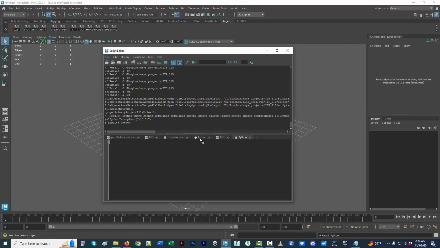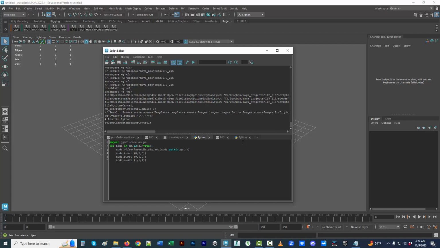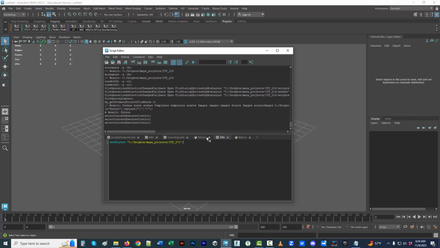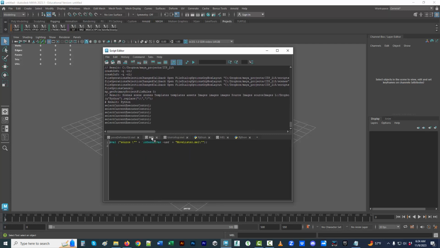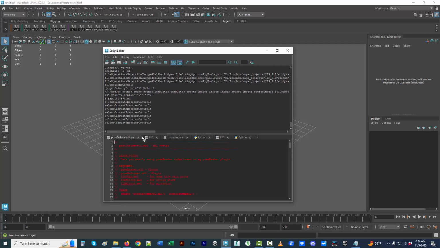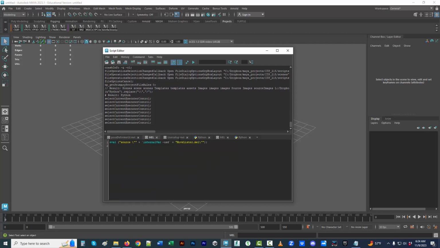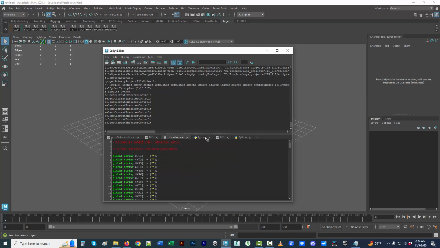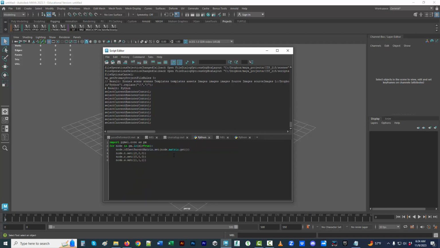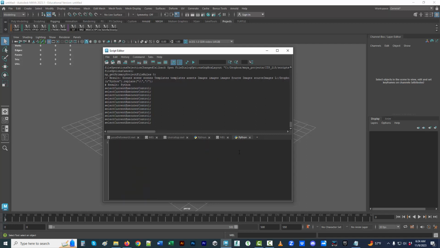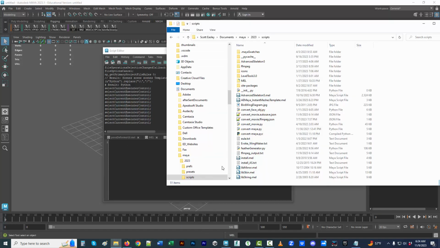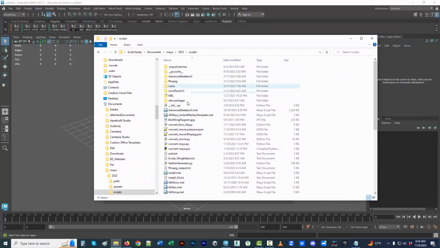This means that what you're going to be doing is actually running some Python code instead of Mel code, which is a different code base. So all these tabs here where I've been running Mel scripts or have them ready are different from when I have a Python script or a Python tab. And what you want to do at this point is actually go down into the scripts folder, and then click on Convert Movie Python,